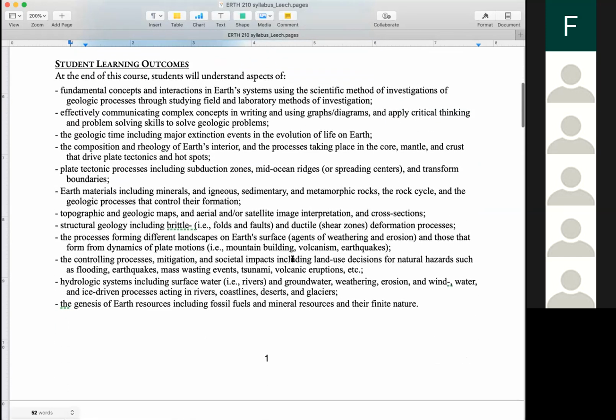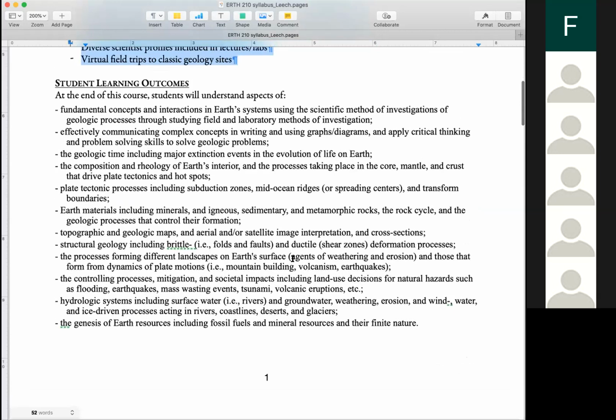I put together, this was a really hard task. This is like the shortest of a list I could come up with. It started like with 100 of these, and I got it down to 30, and this is the best I could do. Whatever, it might be at like 15 right now. This summarizes everything that I hope you get out of this class. Some fundamental problems of like what the scientific method is and understanding what goes into science, the field work, the laboratory